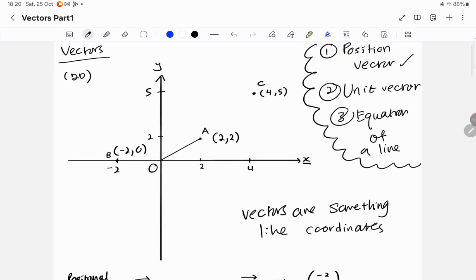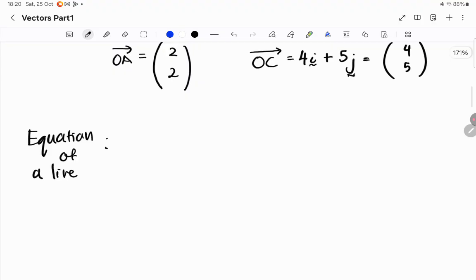Sorry, I hope I didn't make this confusing, but it's the line between 2 points. For example, a line connecting A and C. So let me just write the equation of line. The line would be r is equal to the position vector